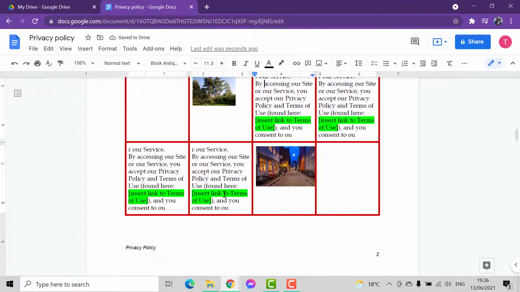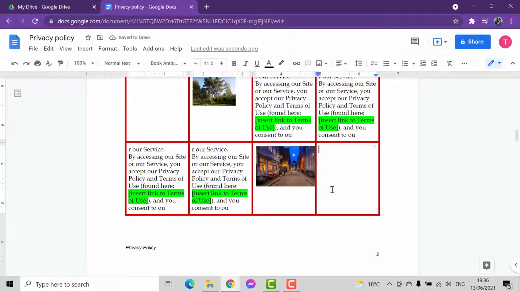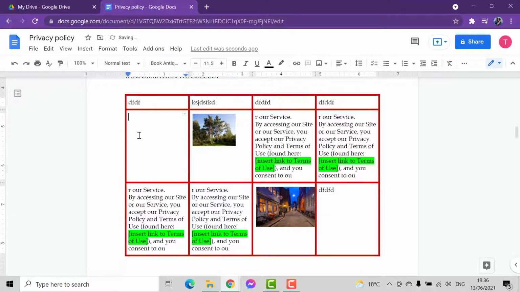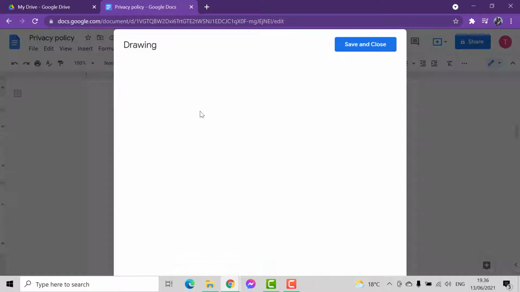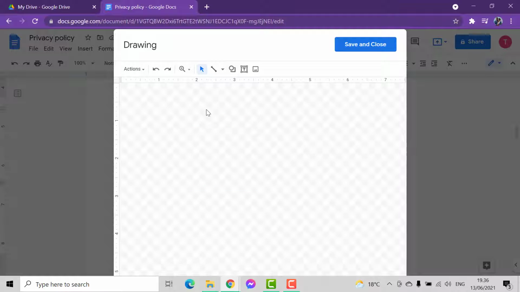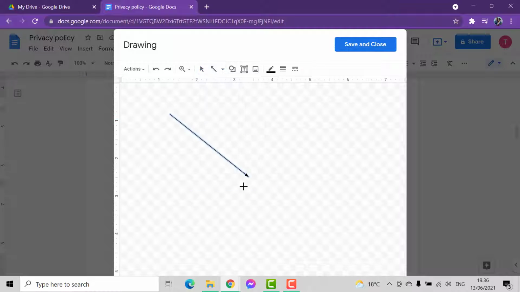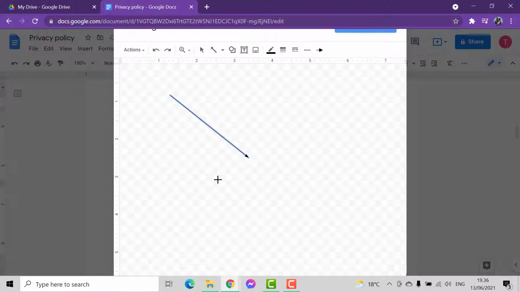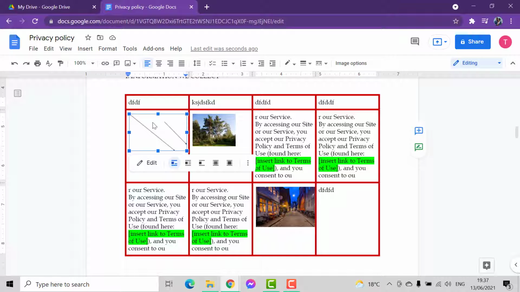And this time you want something here as well, and also you want something here as well. Maybe instead of an image you want to draw something here, and let's say you want an arrow, and save and close. So you have that arrow in this box, and maybe